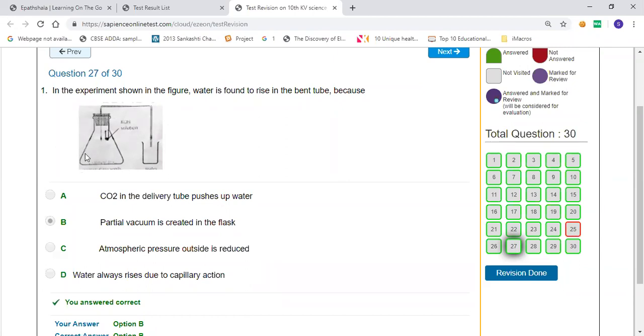It's not a full vacuum, because only carbon dioxide is taken out. Not all the air is sucked out. Only the carbon dioxide is used up by this KOH solution. If the container were open, maybe other gases would have entered, but here the container is closed, so no other gas is coming in. Therefore the amount of air in this container reduces, which means a partial vacuum is created. Is that clear? Yes, ma'am. Any other doubts? No doubts.